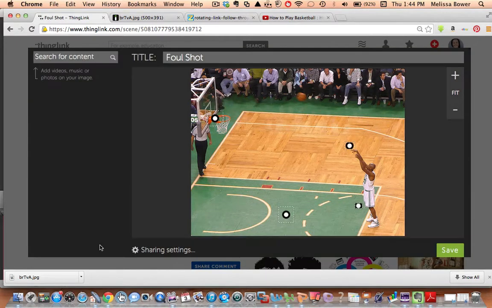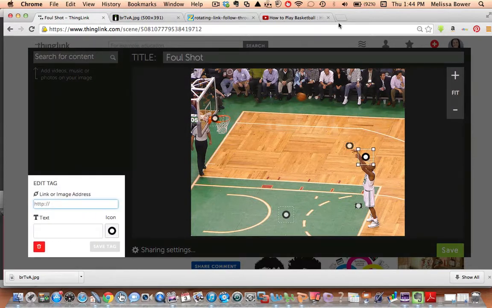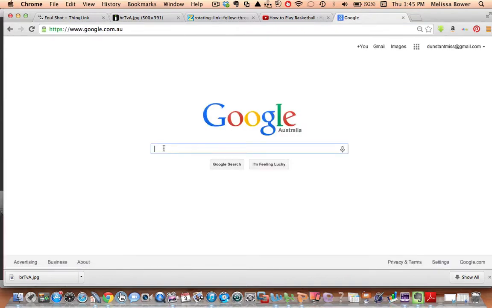And I'm just going to save that tag there. And the other one is the elbow. Okay, so I'm just going to click there. I'm going to get a photo of the elbow in BEEF. So I'm going to go to Google again. I'm going to find this BEEF